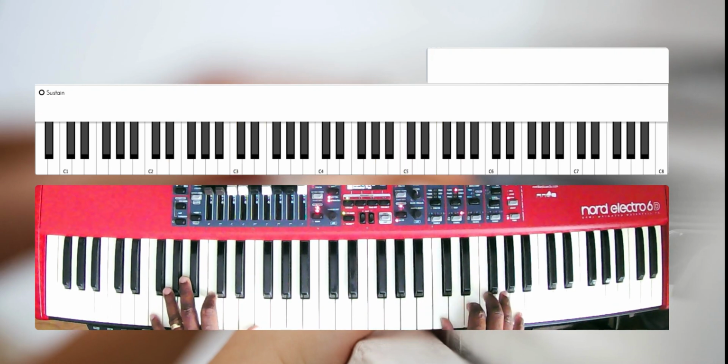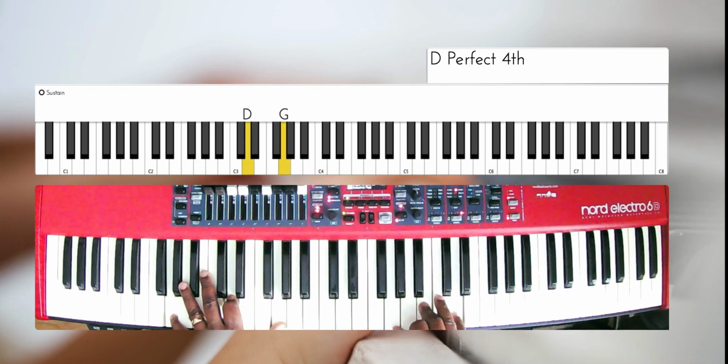inversion, second inversion, G, root position, first